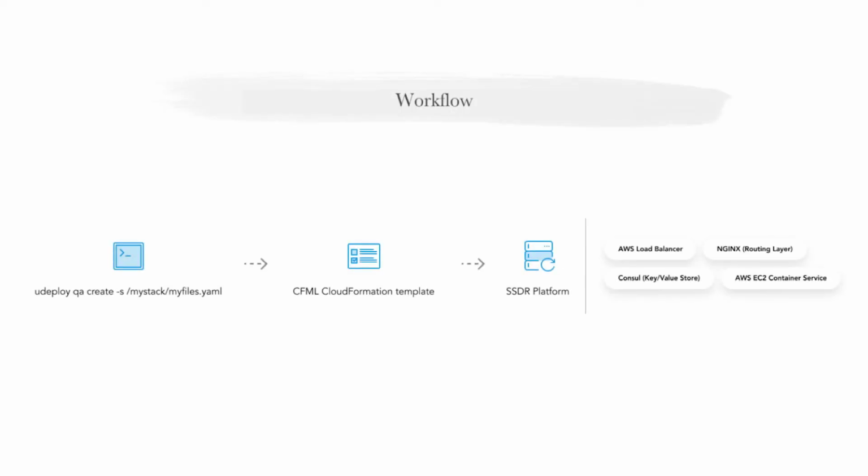So once those environment variables for Docker are encrypted and passed to the container, we have another tool inside the container which calls KMS and says, can you decrypt this specific password or key for me using the key that is dedicated to them on KMS. So we have different keys, and rotations on keys, on KMS. We're planning on looking at HSM to switch the private keys to an appliance solution. Now, once my YAML file is completed, we take that YAML file, we leverage Ruby, and we generate a CloudFormation template. Then we send the template to CloudFormation, and the way the template is built, it provisions automatically all those resources on our SSDR platform.